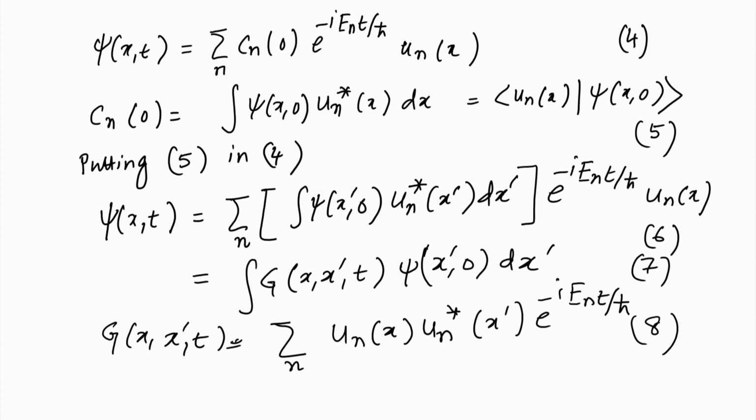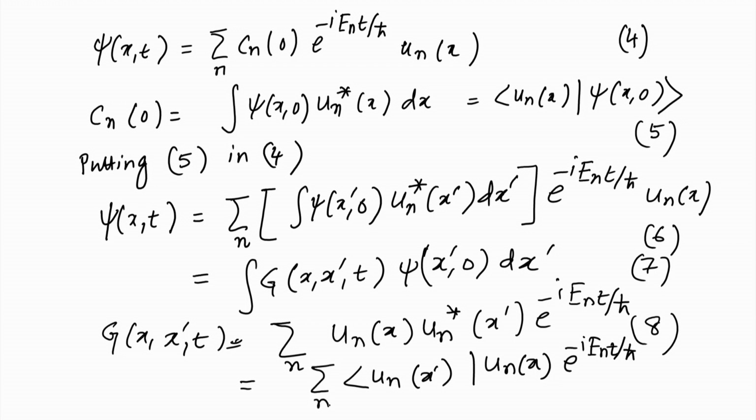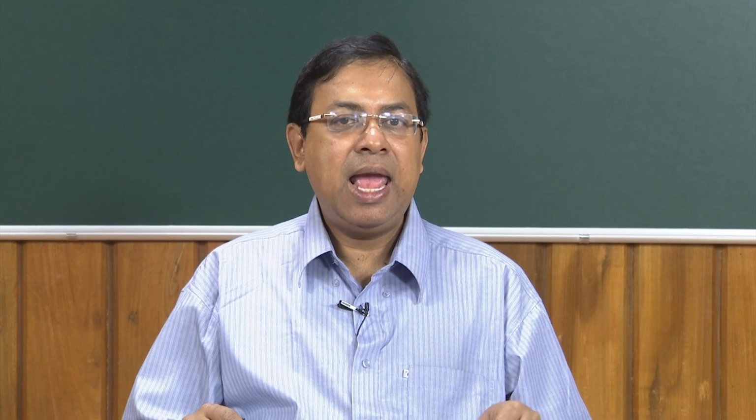If you write it in the modern notation, it is u n of x prime and u n of x and exponential minus i E n t over h cross. So, that is the form of the propagator, and this propagator, as I said, derives contribution from all the x prime points and